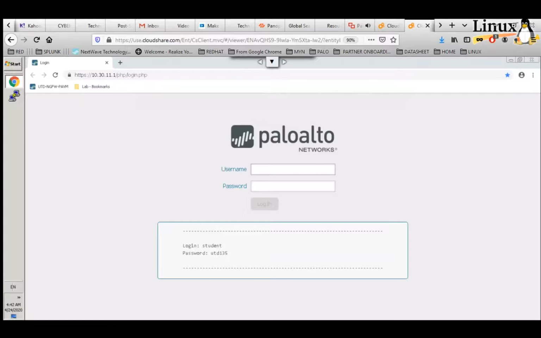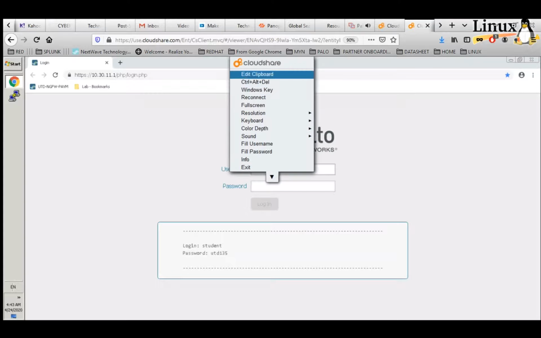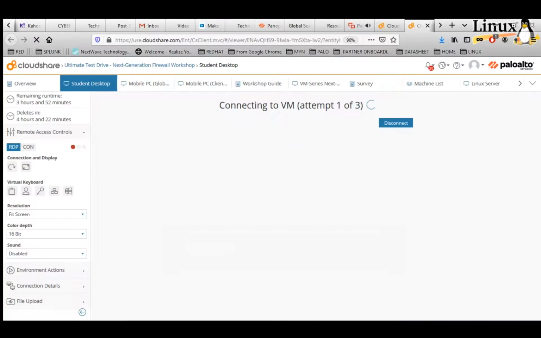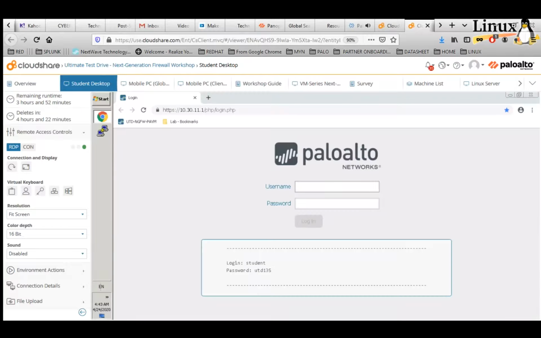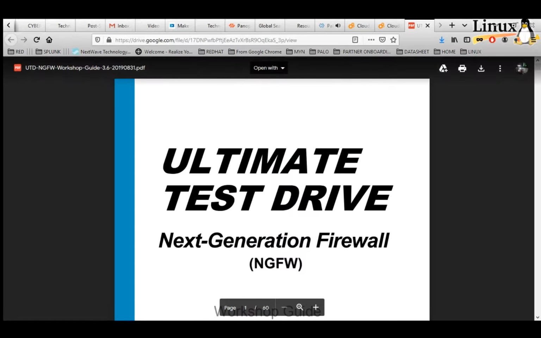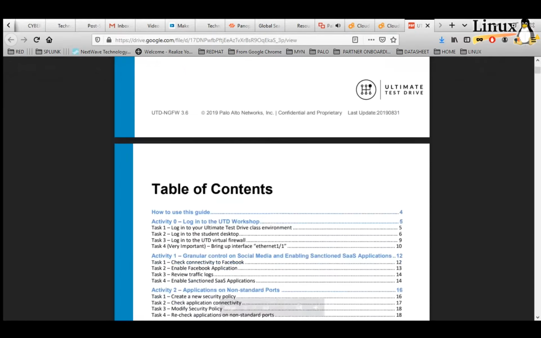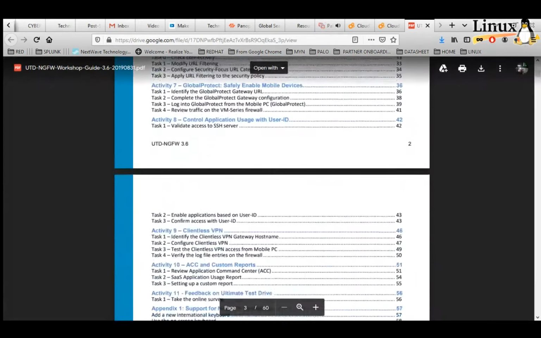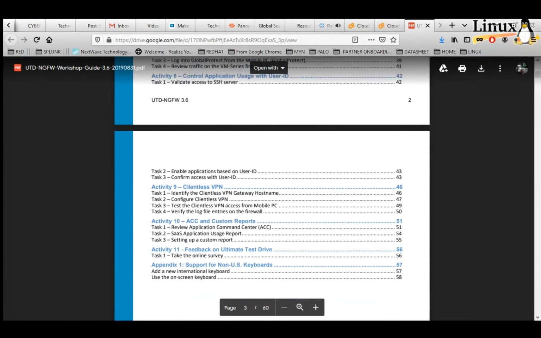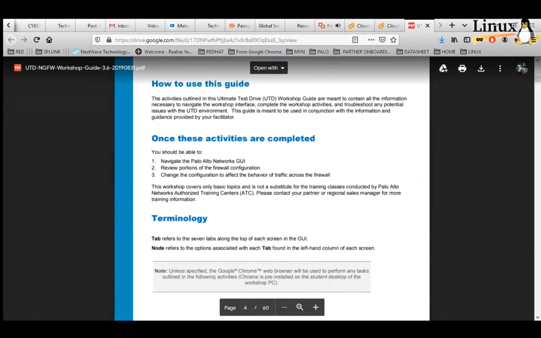Here there is also another tab that can get you access to the full environment view with all the tabs. This workshop guide also opens to a PDF, the Ultimate Test Drive PDF, which contains all the activities from number 1 to number 11.